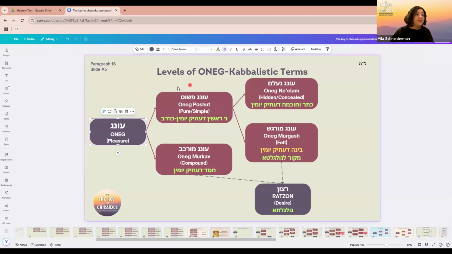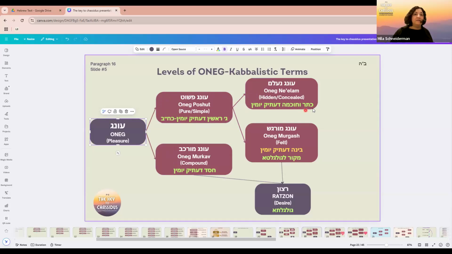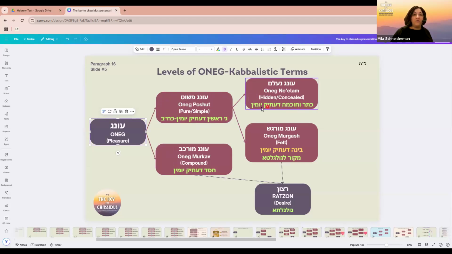Now, this oneg has 2 things. Gimel ration the atik yomin, which is keser. Okay, and then chesed of the atik yomin. Okay, now, this gimel ration divided into 2. We're going to take this 3-headed dragon and we're going to just split these two heads, and we're going to split it to Keser v'Chachma of Atik. You know what I mean? And that's going to be the hidden Oneg. Now we're going to take this, okay, the Bina, and that's going to be Makor for the Golgotha. Okay? It's going to be the source for the Golgotha.